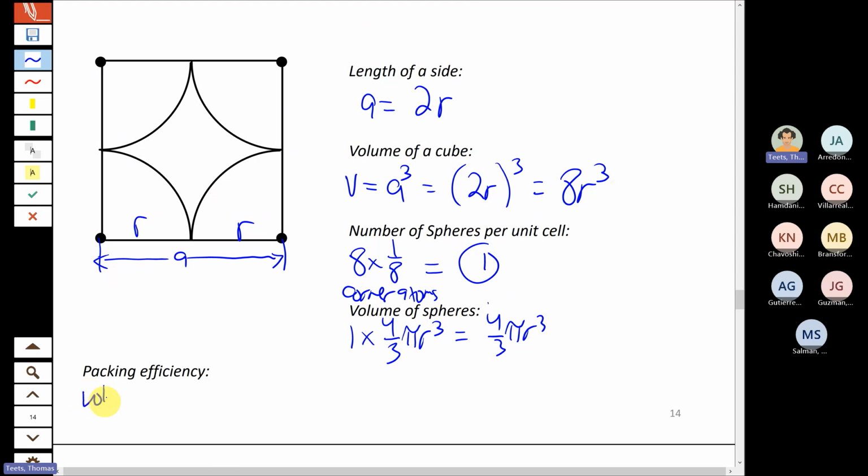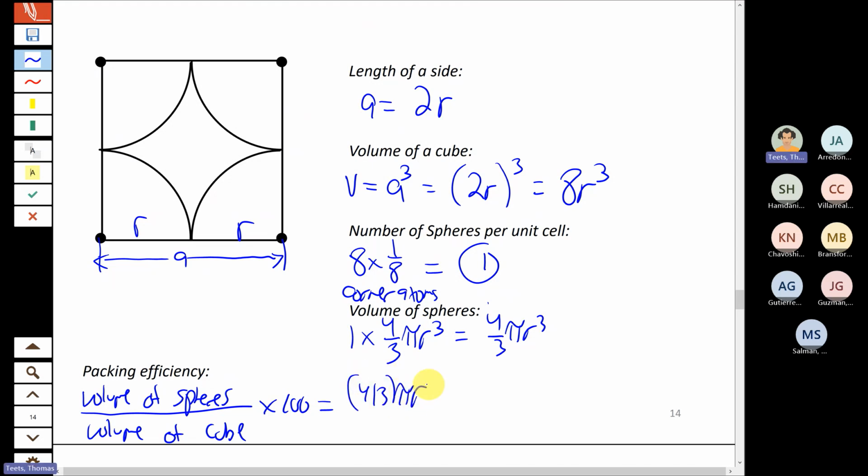You take the volume of the spheres, which in this case would be atoms, we're talking about a chemical crystal, divided by the volume of the cube, multiplied by 100 to get it to a percentage. So it's 4/3 pi r cubed for the volume of the sphere, divided by 8r cubed, the volume of the unit cell, multiplied by 100, which comes out to pi over 6 times 100,